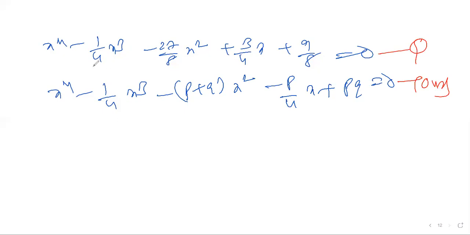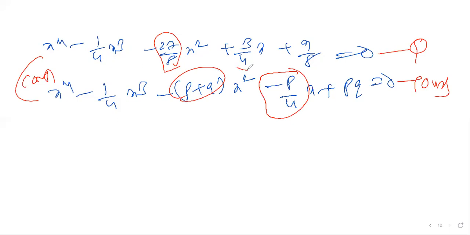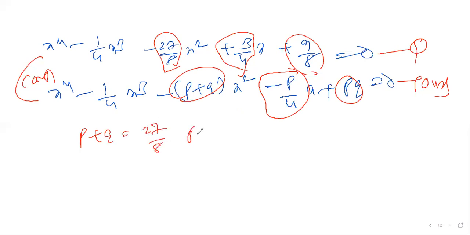Now compare these two. P plus q is equal to minus 27 by 8. P by 4 is equal to 3 by 4. So p into q is equal to 9 by 8. Our requirement is p plus q is equal to minus 27 by 8 and p into q is equal to 9 by 8. After solving these two equations,